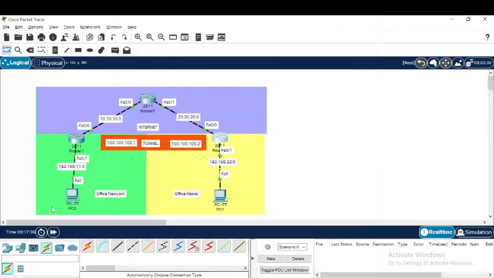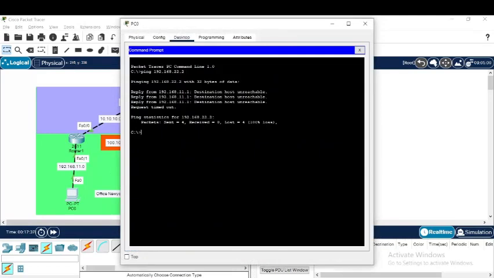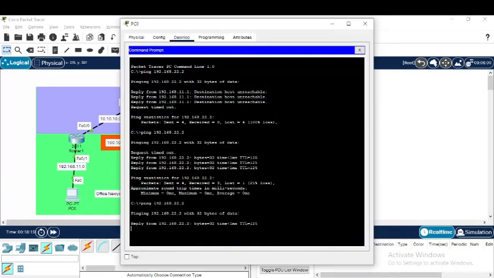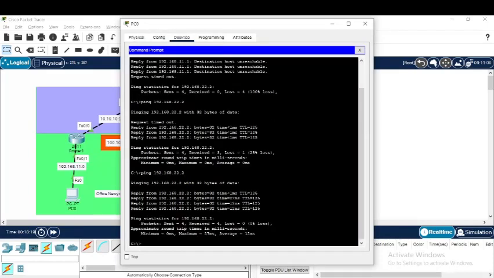Exit. Okay, now we want to ping our neighbor, office Hawaii. As you can see on your screen, we have the reply message from Hawaii because we are connected with dynamic protocol routing, not tunneling routing. We will check it with traceroute, not just type trace